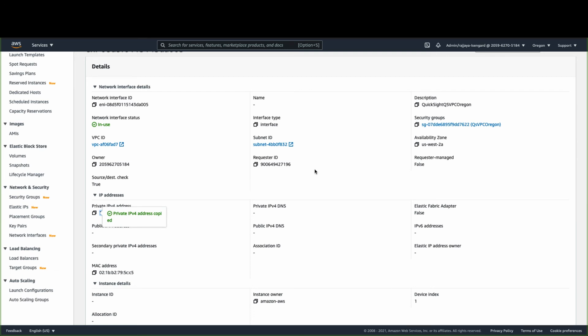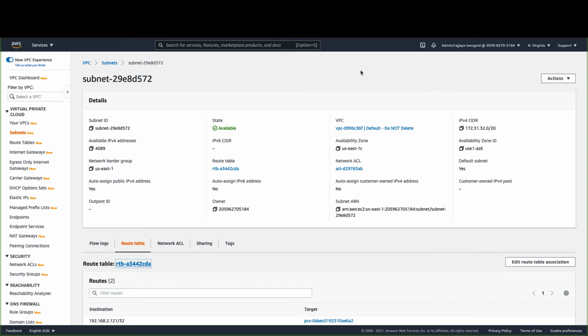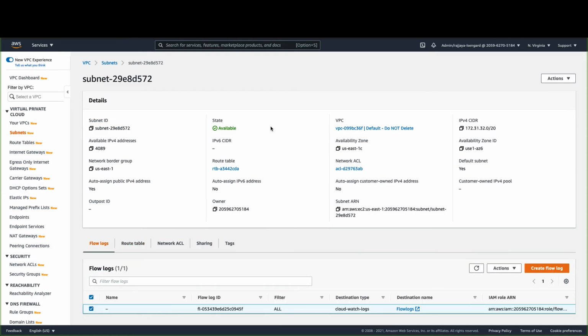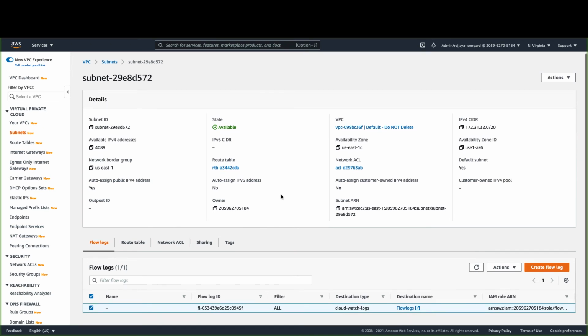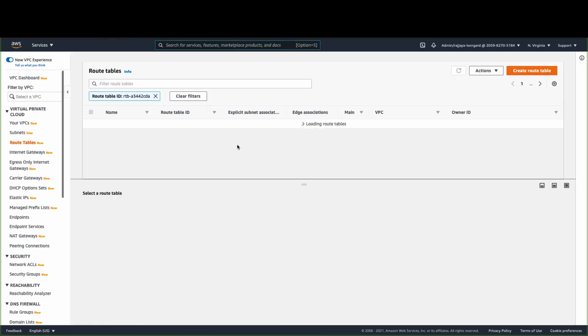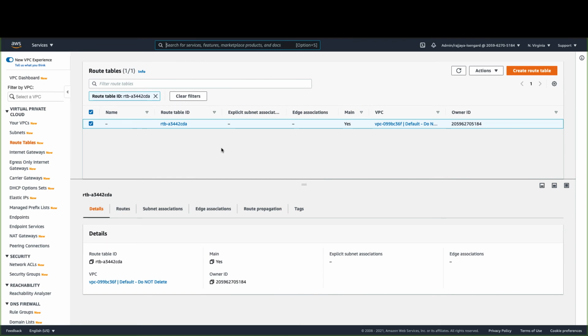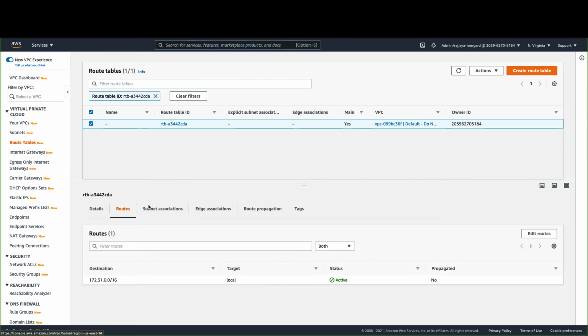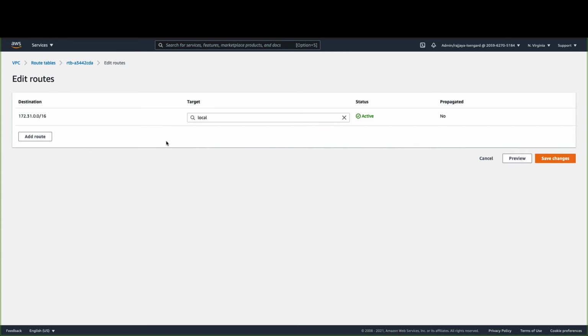Now I'll go into the VPC console in North Virginia region. I have the subnet open where I have my RDS instance running in the VPC in North Virginia region. Here, when I click on route table, I can see the route table associated with this subnet and I'll open this route table. I'll click on routes and choose edit routes.